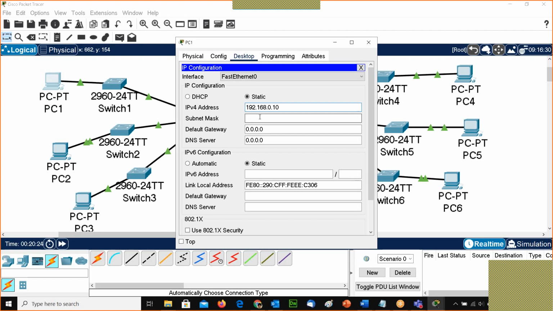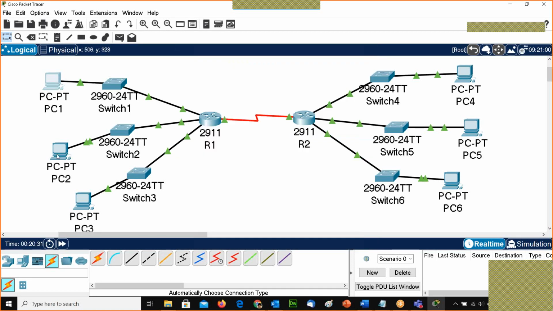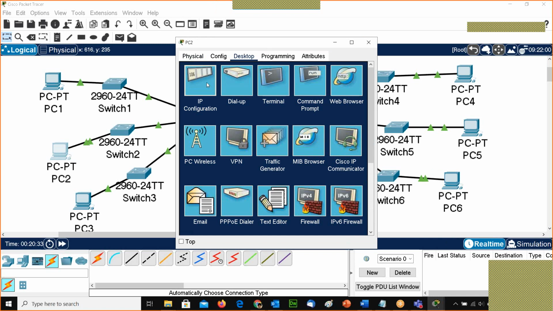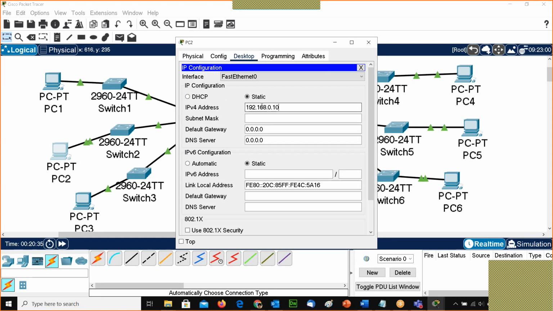It is easy to give the IP address in that section. So this is for PC1. This PC was having IP 1.10, and this is the gateway. Very simple, so I have to give the IP address here.